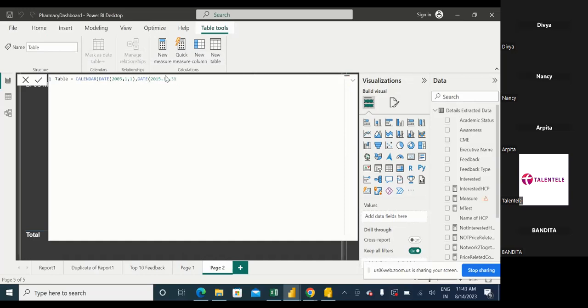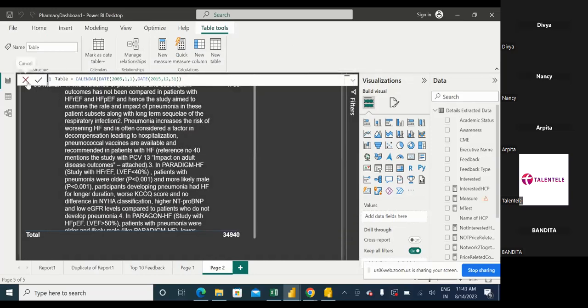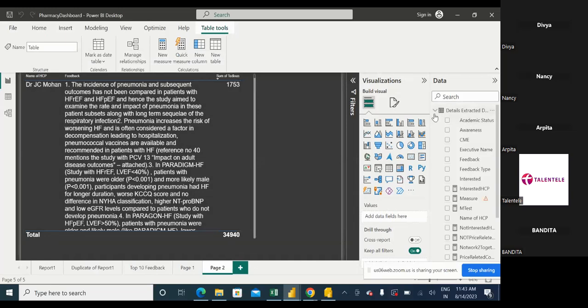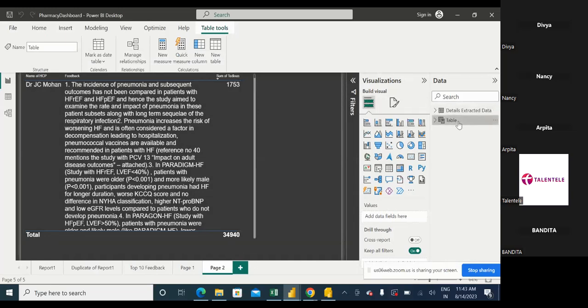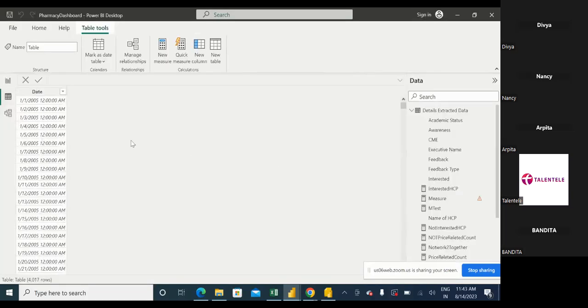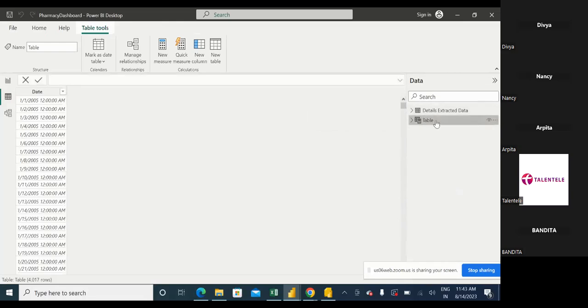See what we are getting over here. Now can you see what we have created? There's a table over here. Actually, we are supposed to give it the